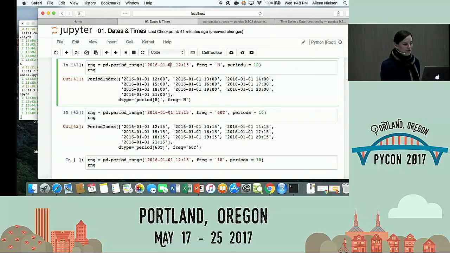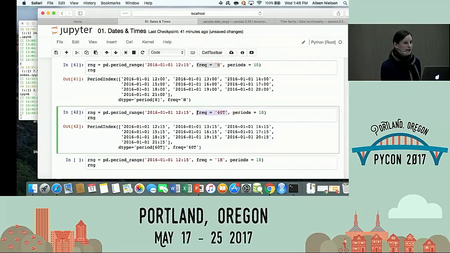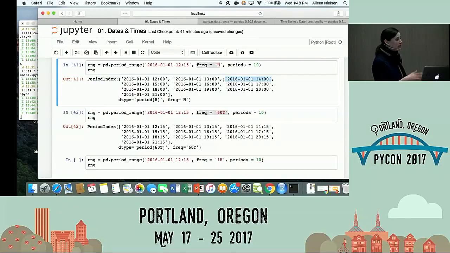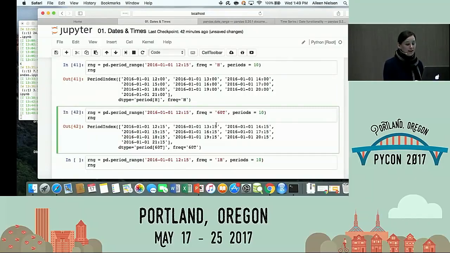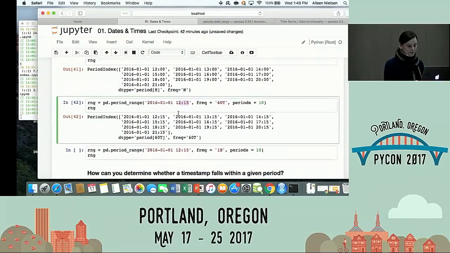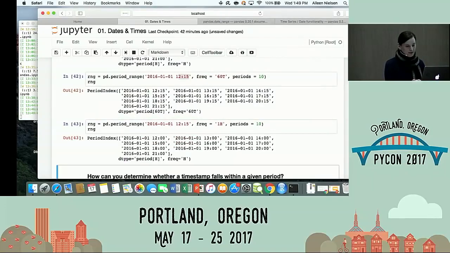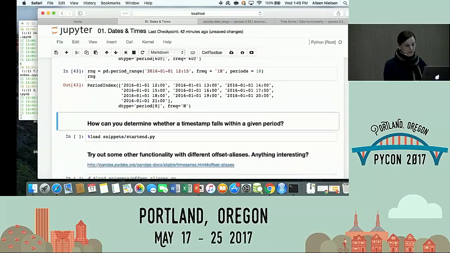So I did a period range. I have the same starting time. I did a frequency of hourly versus a frequency of 60 minutes. Yeah, so what's going on is here, it's on the hour, because we looked at before, right? It sort of picks a logical, human-friendly thing. Like when we looked at the monthly date range, it always just goes for the last date of the month, or it can go for the first, but it's going to pick some sort of nice round point to benchmark you. So that's what it's doing with hourly. On the other hand, with minutely, it's going to stick to the minute you gave it.